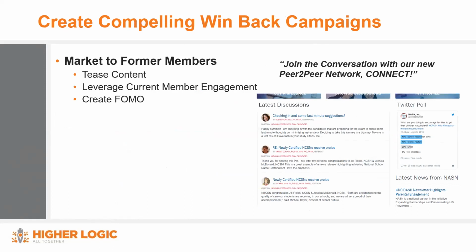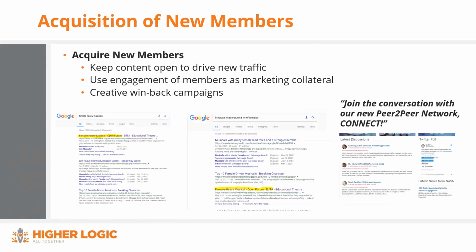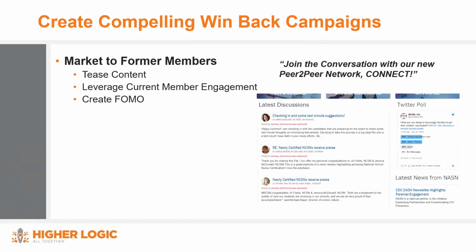Create a marketing campaign. So not only can you acquire new members who have never heard of the organization or have never been a member in the past, you can also use this to do compelling win-back campaigns to former members, as a new offering, a new way to offer something that they can't get anywhere else, and also give them a reason to come back to the organization.